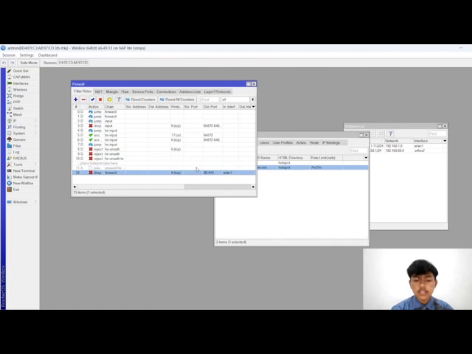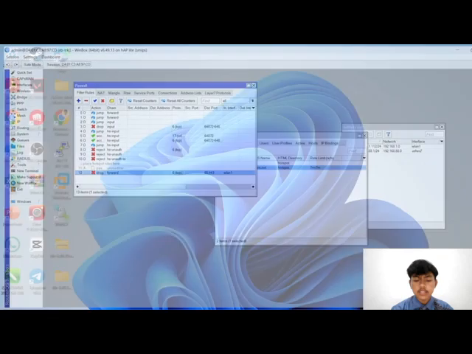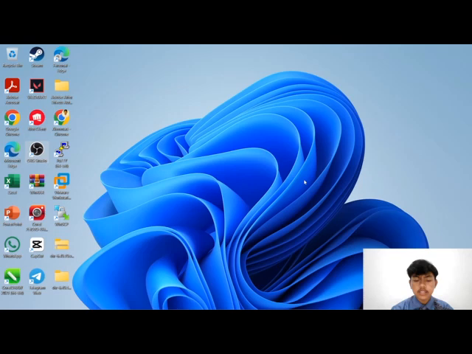Now we will check. We exit, and then we will change Ether 3 to Ether 2. Bismillah.